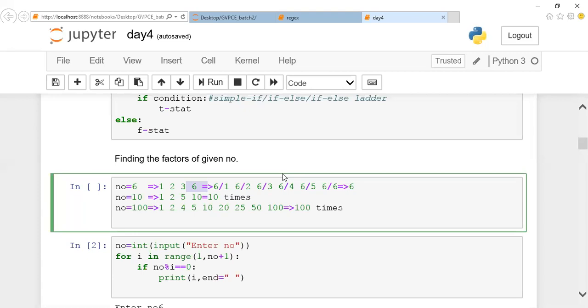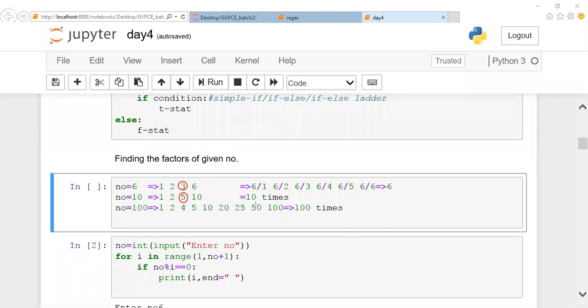Okay, listen, a very simple logic. Listen carefully here. Can you find some similarity between all those logics? If I say 6, till which number do I have a factor? Till 3 only I have a factor. After this, I have the original number as a factor. If I say 10, till 5 only I have a factor, again 10 as a factor.